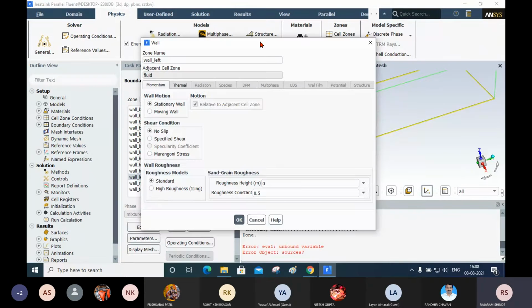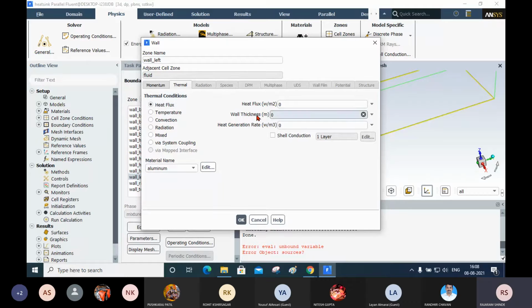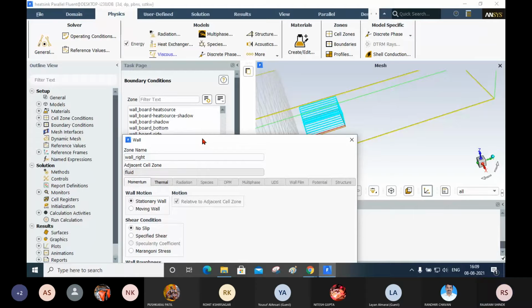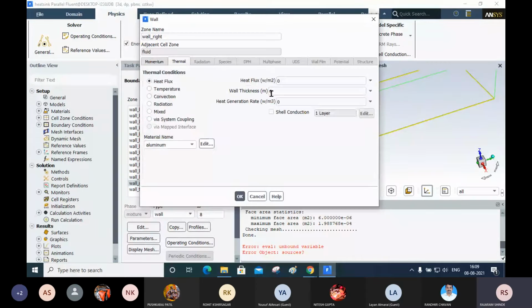Now you keep this 0 stationary wall, no slip as it is, and you click on thermal, and you check only heat flux is equal to 0. We are not going to apply any temperature, any convection or anything. Here we are going to apply the heat flux equal to 0. After doing this, you select the wall right. Again do the same procedure. Thermal, heat flux 0.